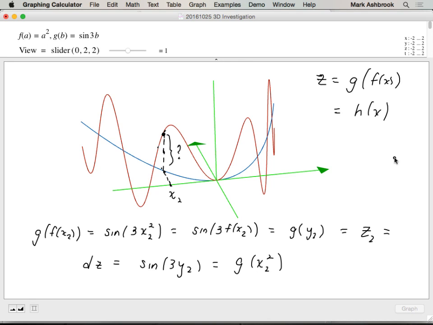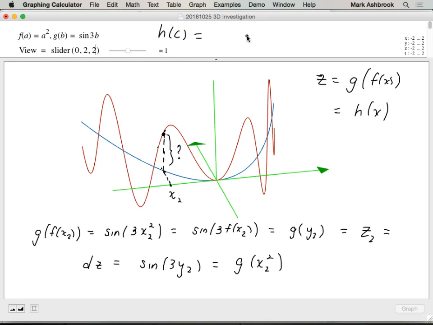What would h of c be? What is the function h using the dummy variable c that gets us a streamlined version from x right to z? So given any x value, it would give us the z value of the red curve in one rule rather than